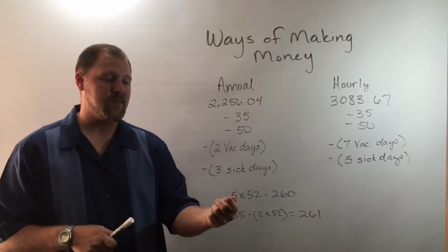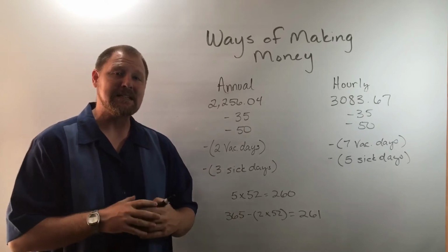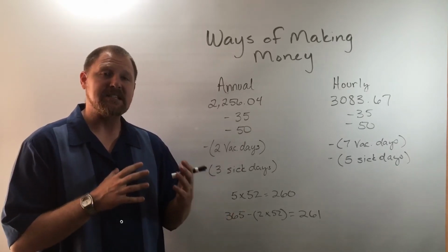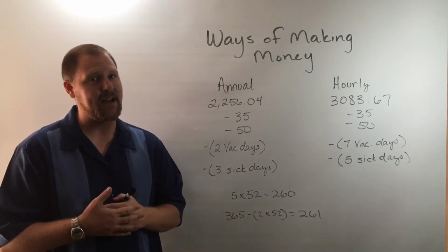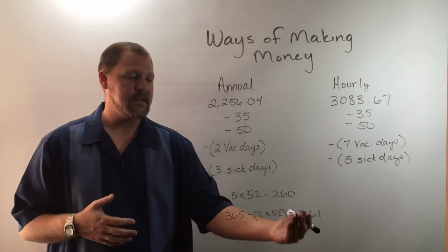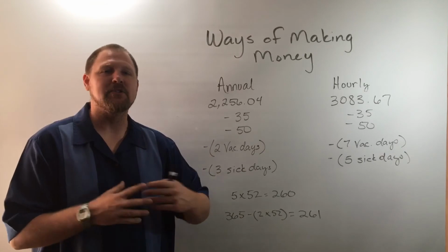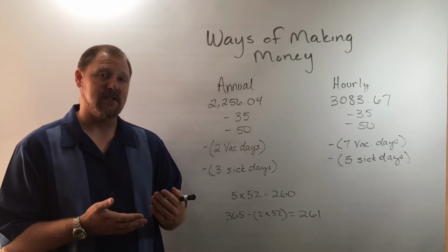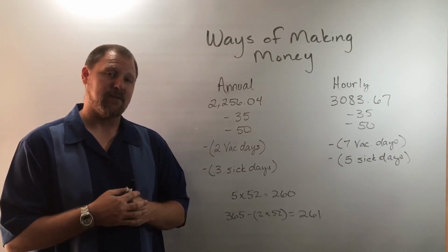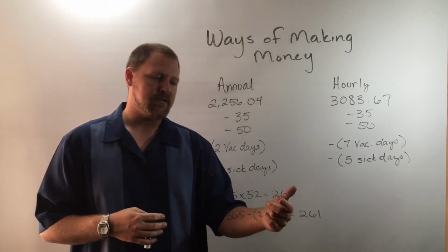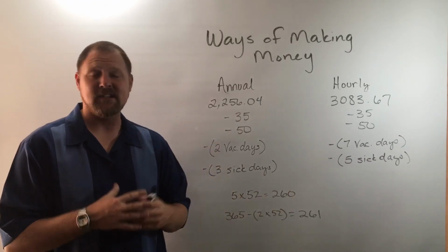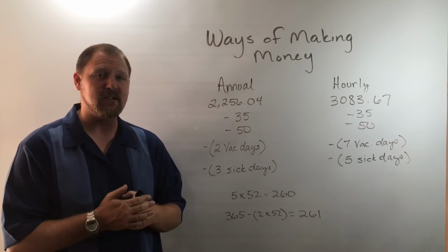And so this number is a lot closer to the days in the week that exist in a full year, not counting leap year, and maybe take into account a single day, Christmas, New Year's, that you don't work and maybe also don't get paid for. So 260 is the number that I like to use,